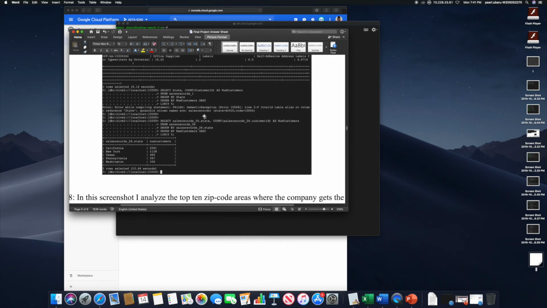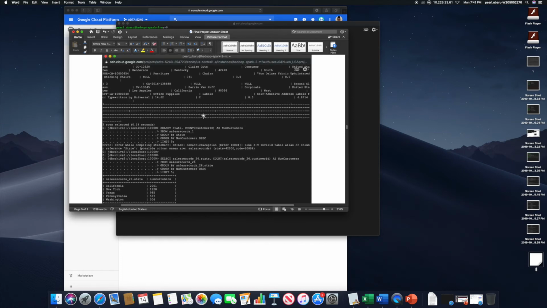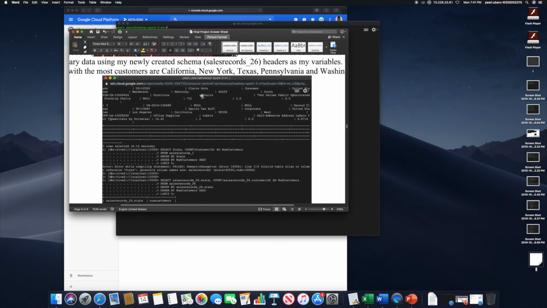So I finally, I don't know if you can see here in this particular frame, but as you can see, there are some null values still. And I honestly gave up on that because the null values were, I believe, dates. And I remember seeing that the dates on this particular data set were not written in a format that Hive could process. And the dates had a format slash 2010 or something like that. And Hive doesn't read those dates like that. You have to reformat them to have dashes in between, not slashes. And so I